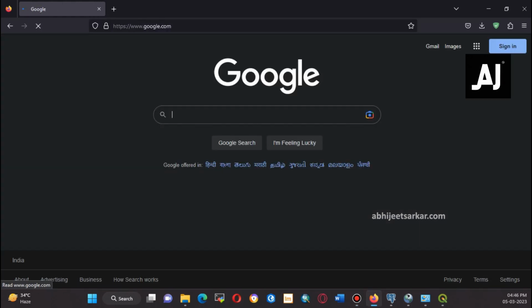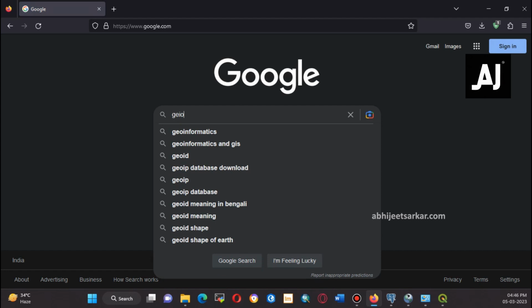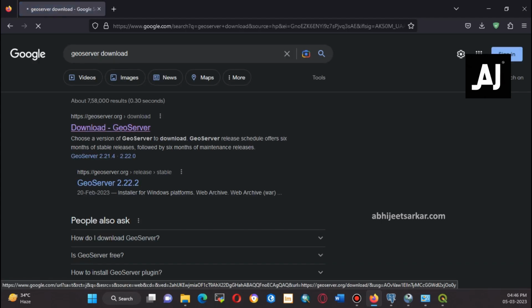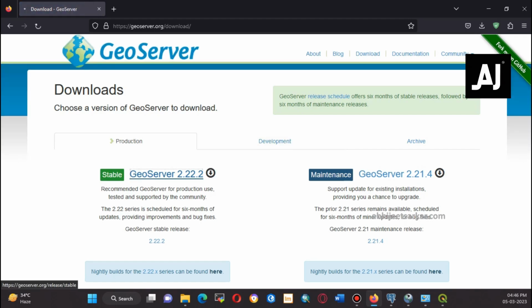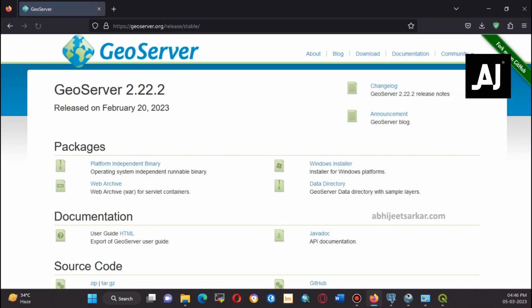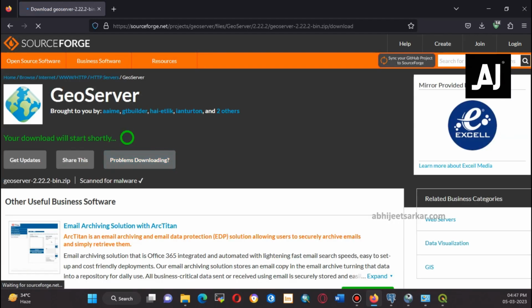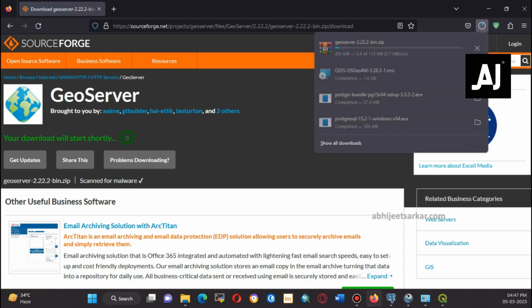To install GeoServer, we need to first download the software from the GeoServer website. We can choose the appropriate version based on our operating system. Once we have downloaded the software, we can follow the installation wizard to complete the installation process. During the installation process, we will be asked to select a port number for GeoServer to run on. The default port number is 8080, but we can choose a different port number if we wish. Once GeoServer is installed, we need to set up a new workspace. From here, we can click the